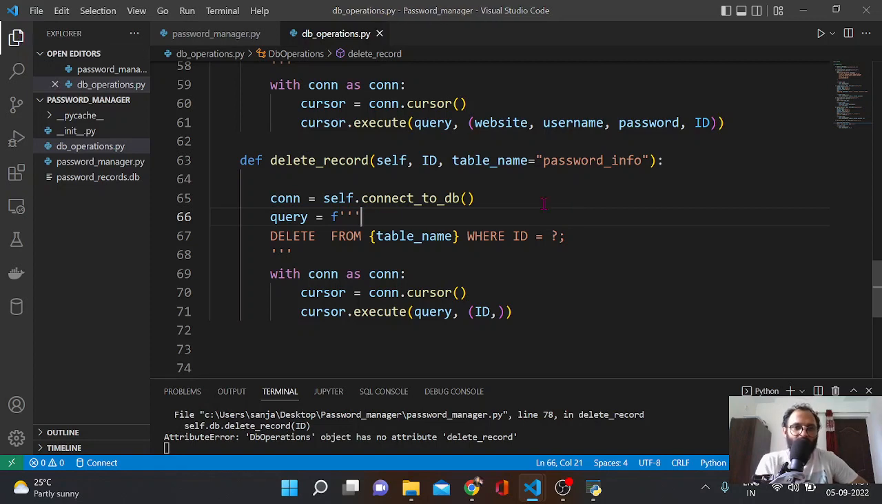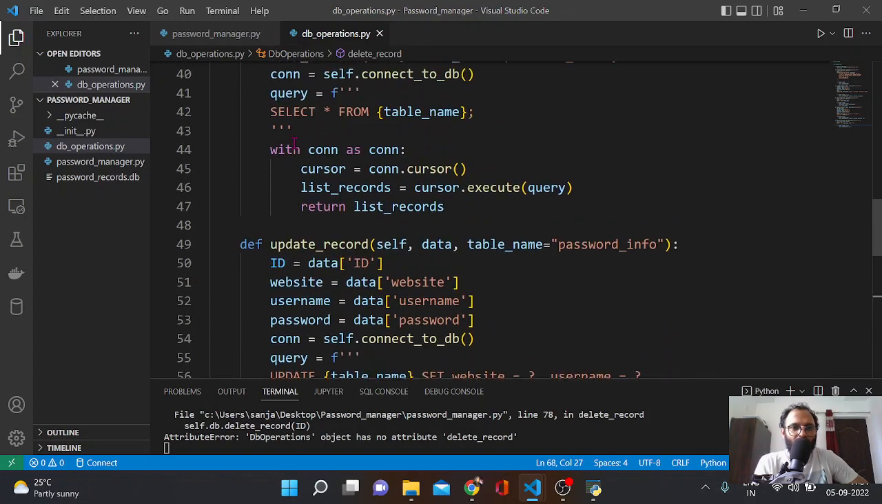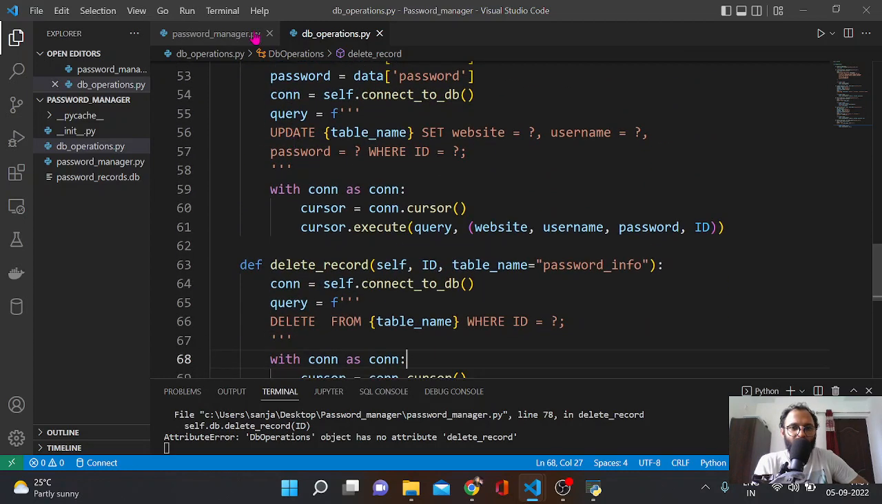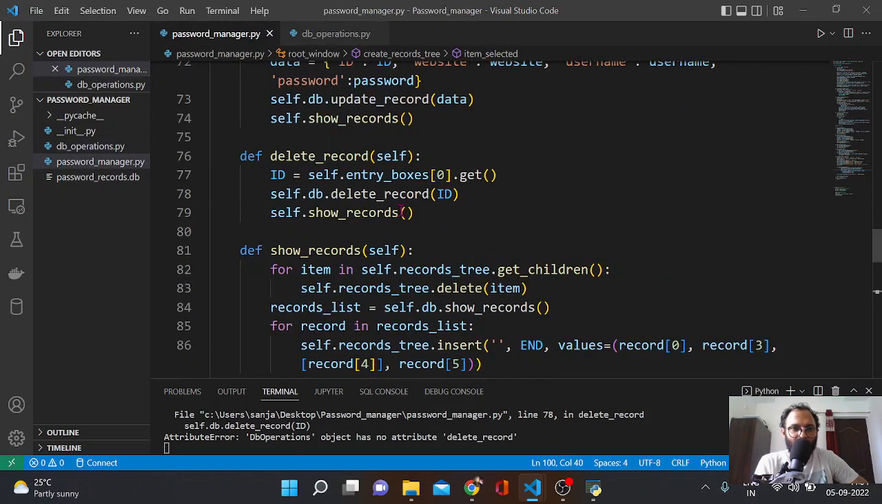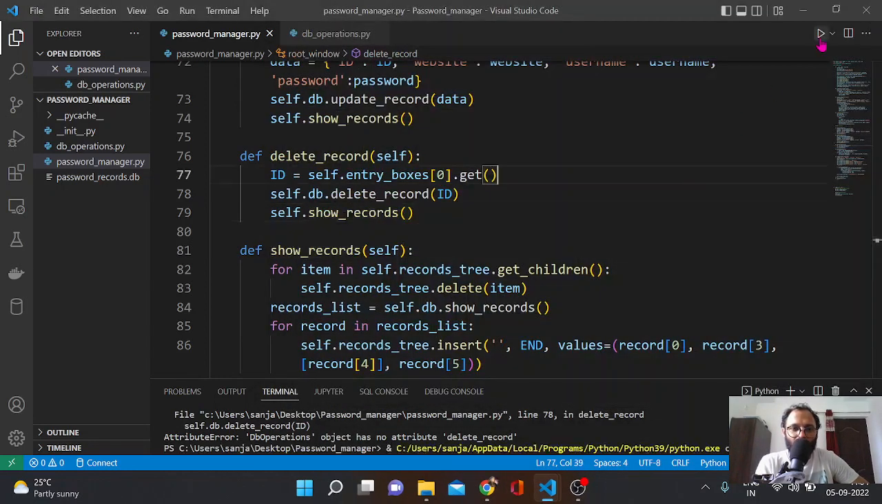So maybe I did not save it correctly. So if I save it correctly and yeah, it looks good to me. So I think I did not save it last time when I updated it. So let us try it once more,